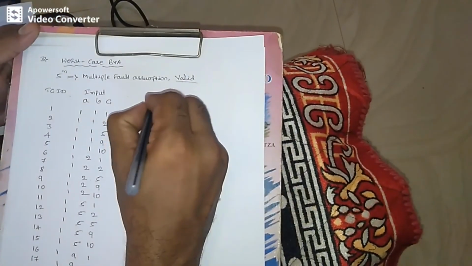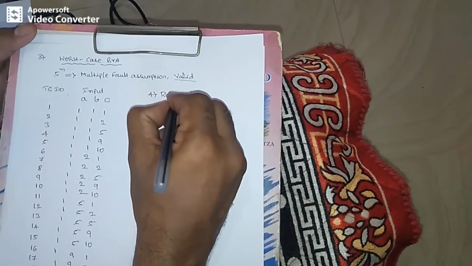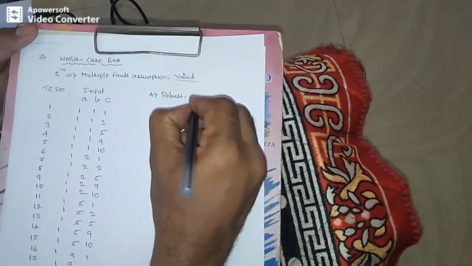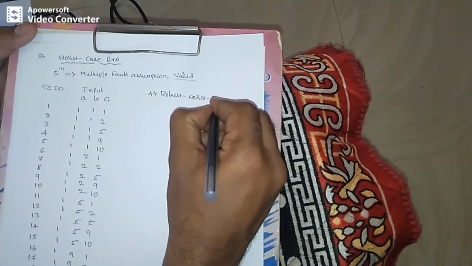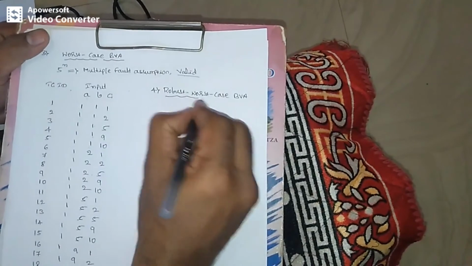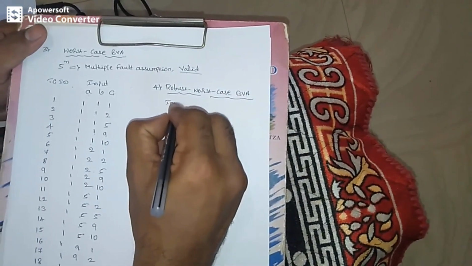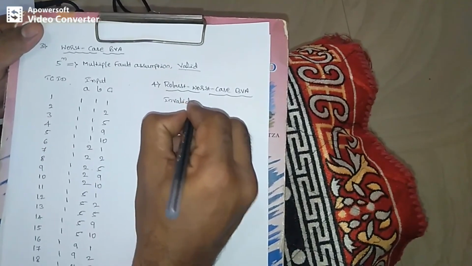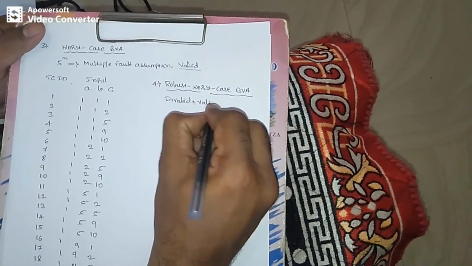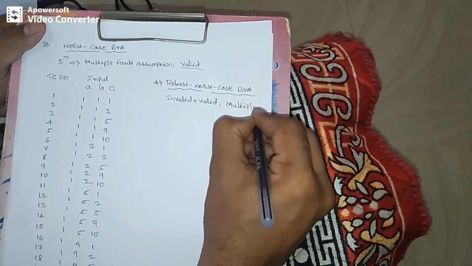Now I will move to the fourth testing technique, that is combination of two, that is robust worst case BVA for a triangle problem. Now we will see. Along with the valid input variable, we are using an invalid input variable also, invalid plus valid input variables, and here also it is a multiple fault assumption,